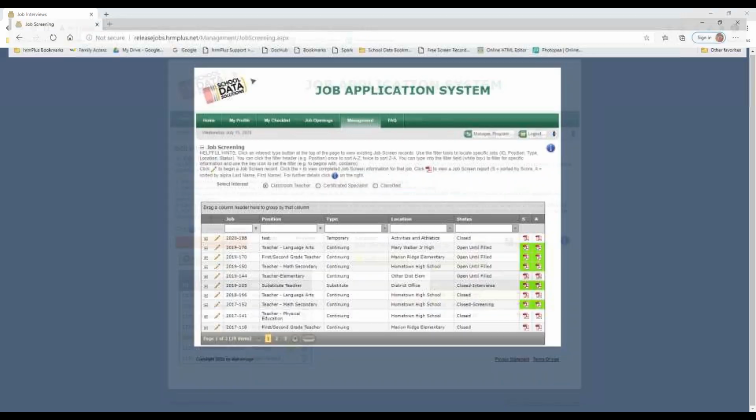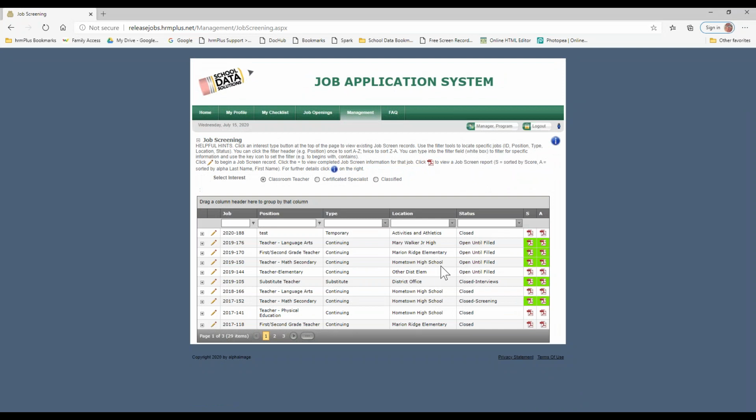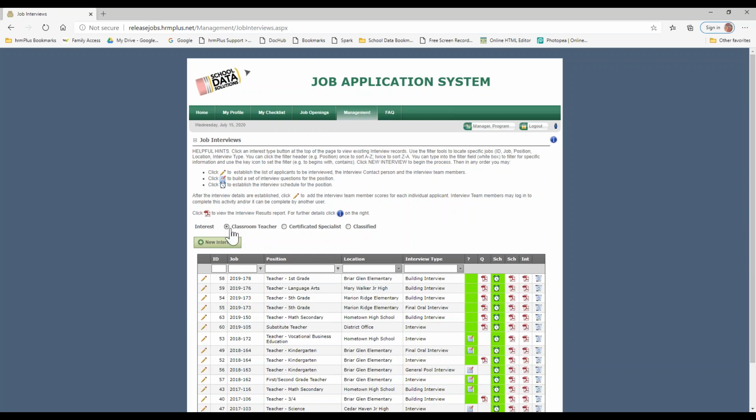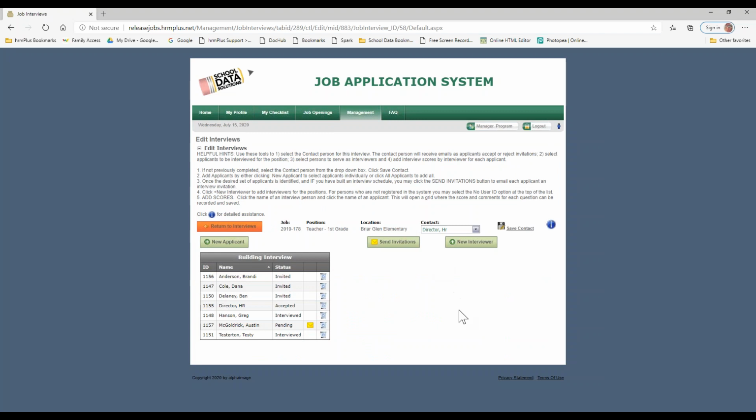So if I shadow over to my supervisor, so someone who's not an HR director, and I go to interviews, and I go to that same interview, you'll notice they're not an HR director. They don't see the other participants of that interview, and they don't have access to that report. We did that just to kind of limit liability, I guess would be a term, limit, it's that need to know